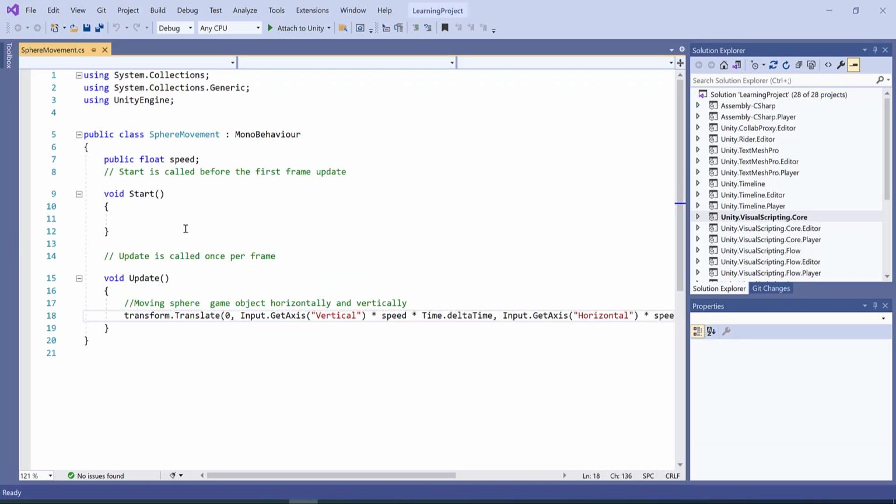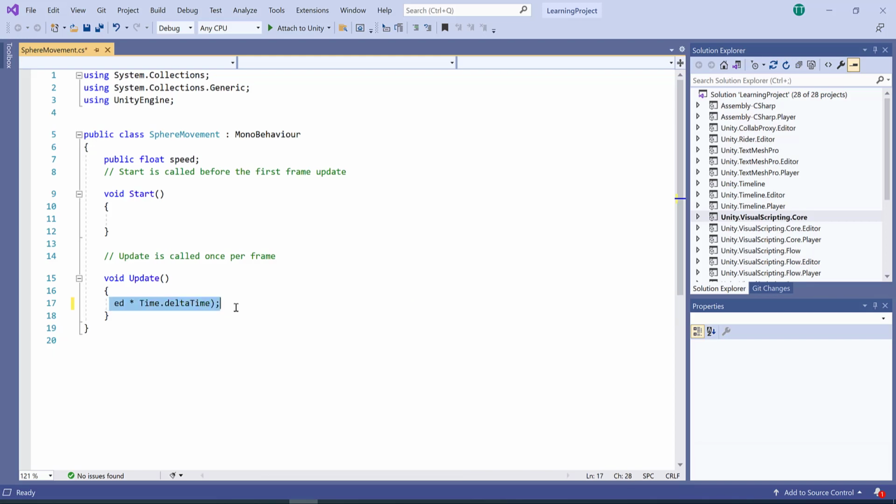Here goes this sphere movement script. Make sure that the previous code which we used for kinematic movement is not going to work with the physics engine, or with the rigid body component. So we need to delete the previous lines of code. Let me just get rid of the code from the update function. Delete the code which was written in the update function, and we can make use of this speed variable which is already declared, which is going to move our game object.